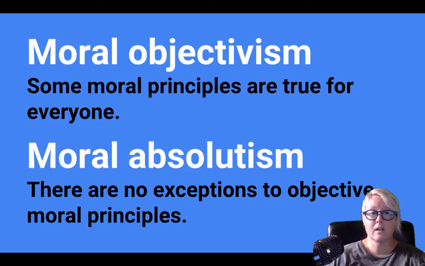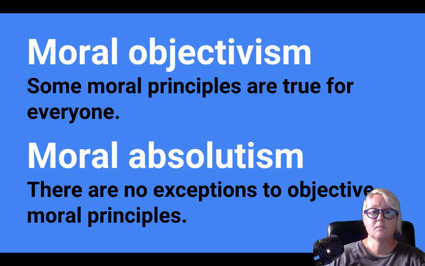However, you might be a moral objectivist and say, yeah, it is wrong for anyone to kill an innocent person. But to deny that that rule is absolute. That is, you might say, well, actually, there are some exceptions to that rule. They might be rare, but in the case that killing one innocent person could save the lives of, say, 100,000 innocent people, you might say it is morally permissible, possibly even morally obligatory, to kill that one innocent person in order to save the lives of 100,000 innocent people.